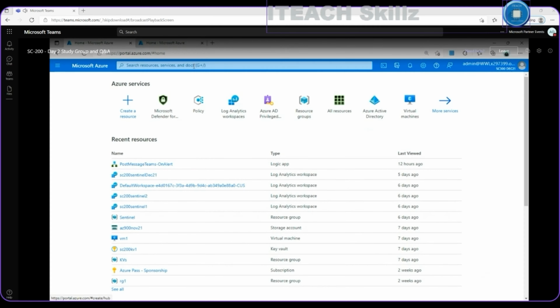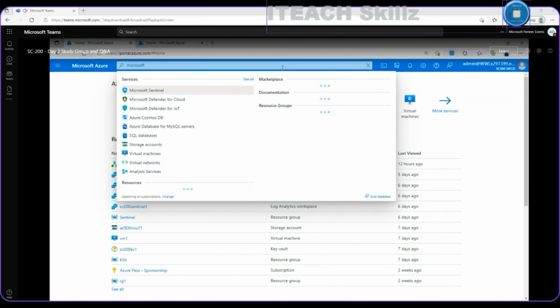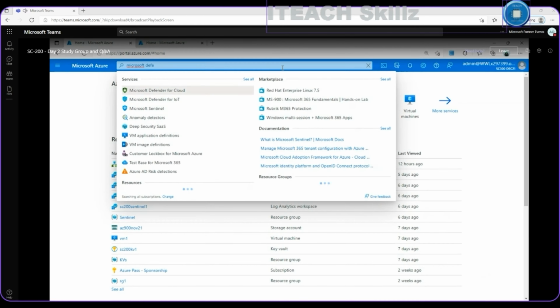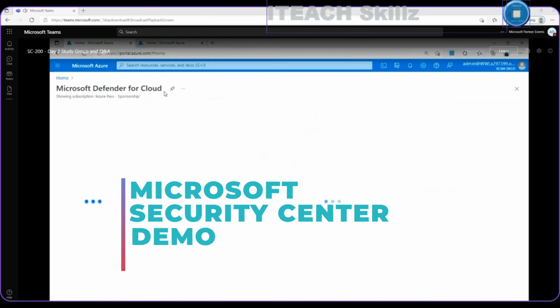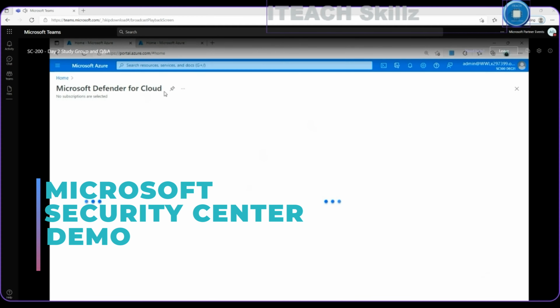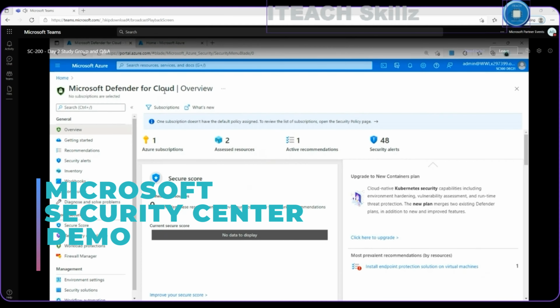Here, we can start to perform a search from the Azure Defender service, for example. We can start, well, Microsoft Defender, not Azure Defender, sorry. We can start searching for Microsoft Defender for Cloud. If you are starting to search for Azure Security Center, it happened to me a couple of months ago, I didn't find the Security Center anymore because the service was recently renamed to Microsoft Defender for